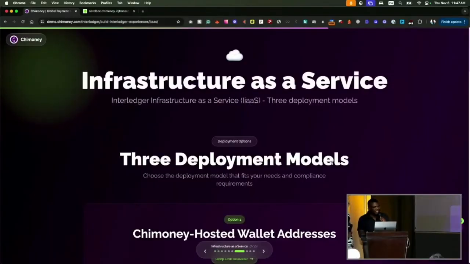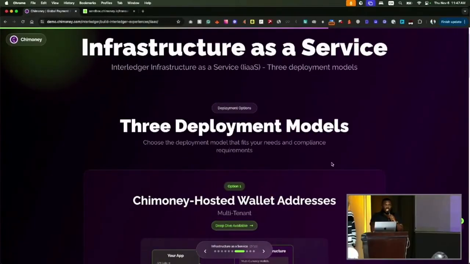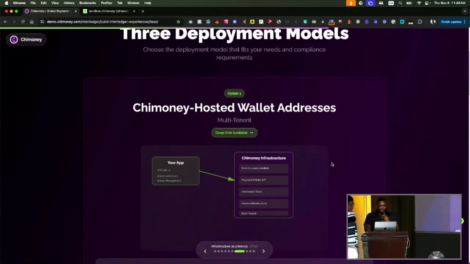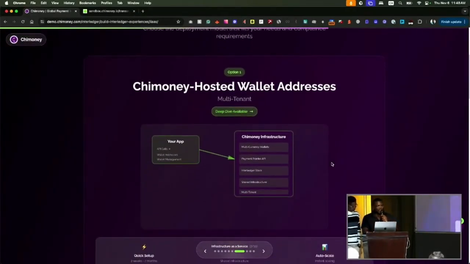So the next thing we're going to show is an experiment we're working on. We're calling it the Interledger Infrastructure as a Service. This infrastructure as a service provides 3 options to deploy or to go live with Interledger. The first option is to use a hosted wallet approach provided by a licensed entity like Chimoney. As most of you know, Rafiki has a multi-tenant option now. So what we're doing is that you